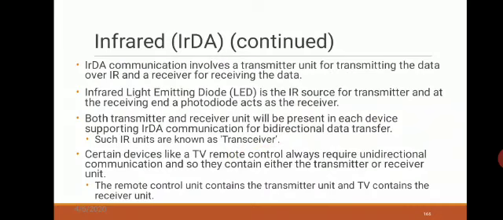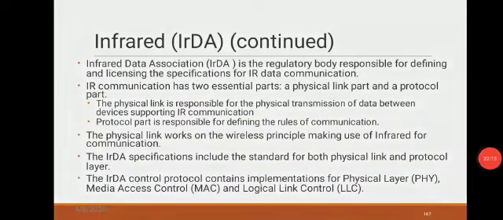For example, the TV remote you use every day has only the transmitter, the TV unit has only the receiver unit, and the device which contains both is called a transceiver. It's very simple. The transmitter has the LED and the receiver has the photodiode.